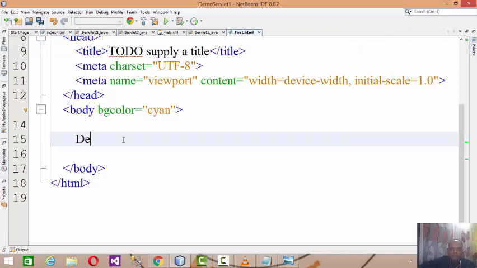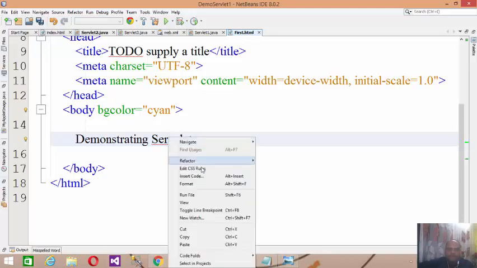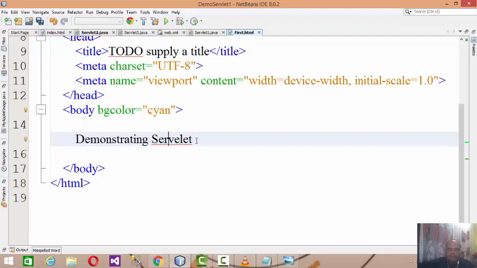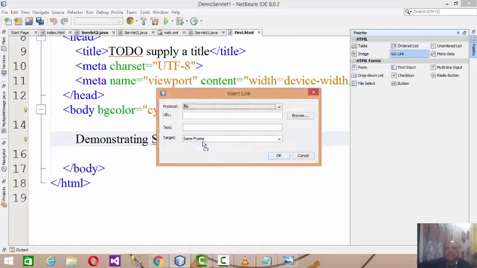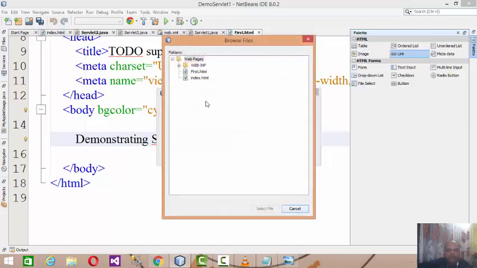I will say "demonstrating servlet", and then I need to specify the link, and in the link I'll be specifying the name of the servlet.